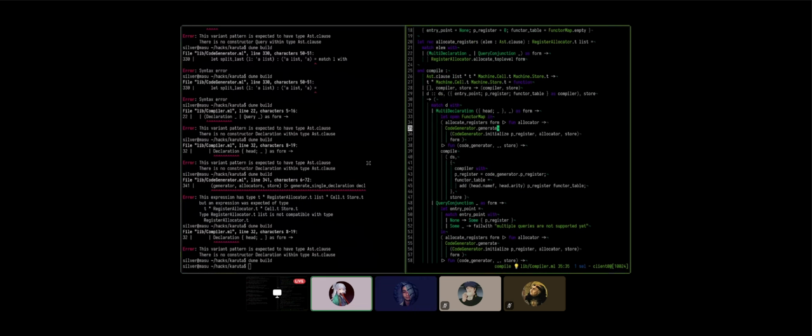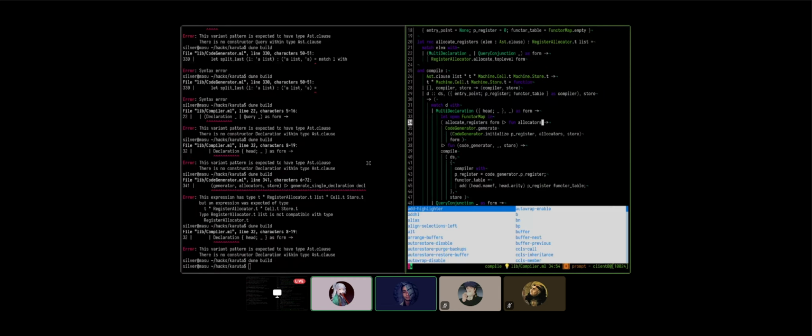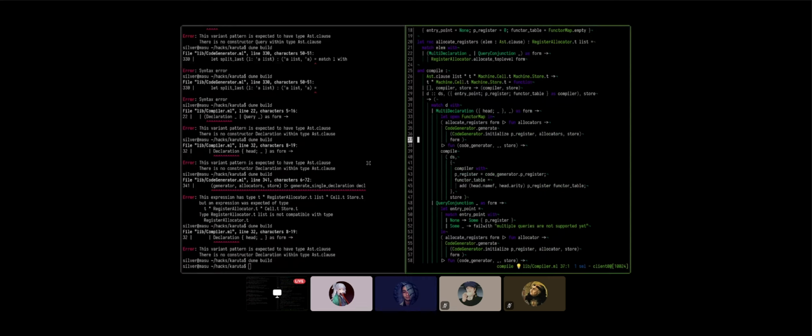Let's run a program. Just let me check something real quick. Multi-declaration, we allocate the registers, then we generate the code. Yeah, change the name of 34. It's not fun allocator, it's fun allocators. Yeah, this is wrong naming. It should be allocators. Oddly enough, I think this probably just works. Well, let's run a program and see what happens.